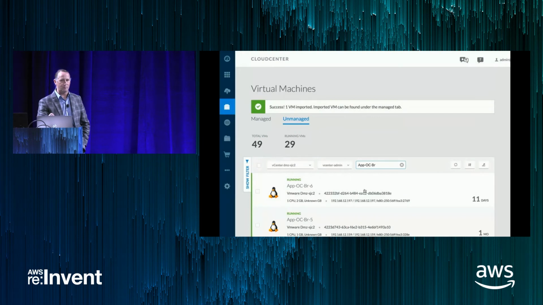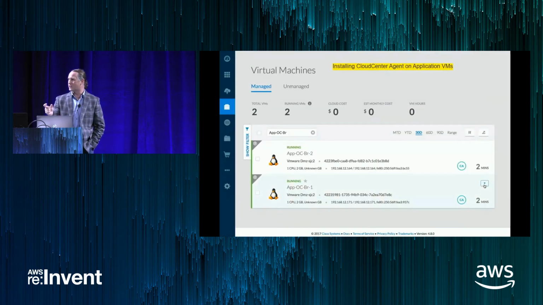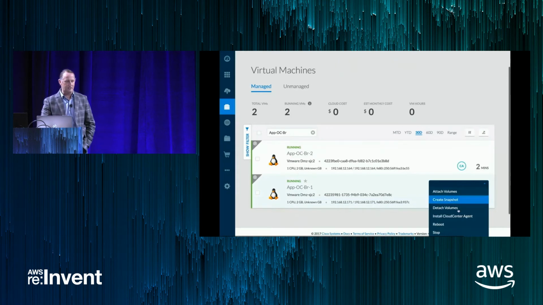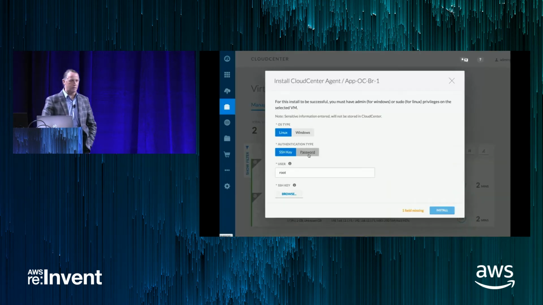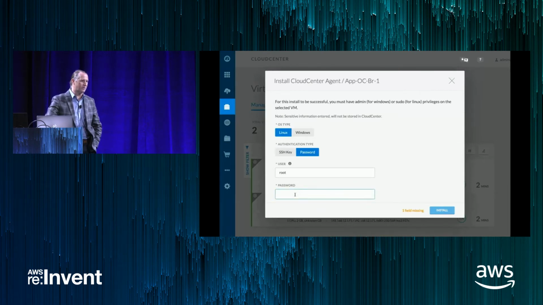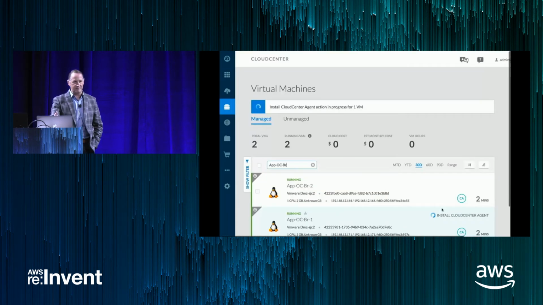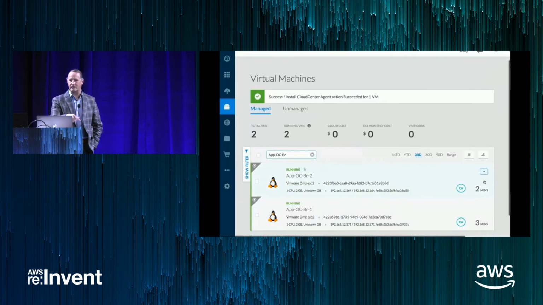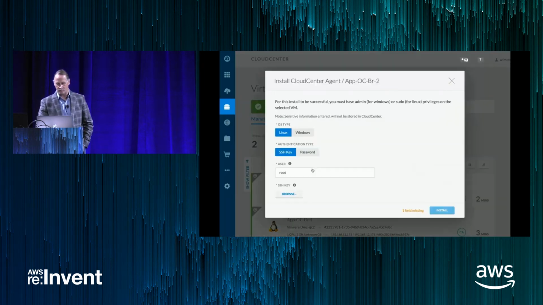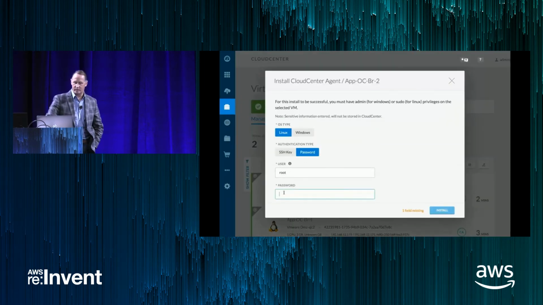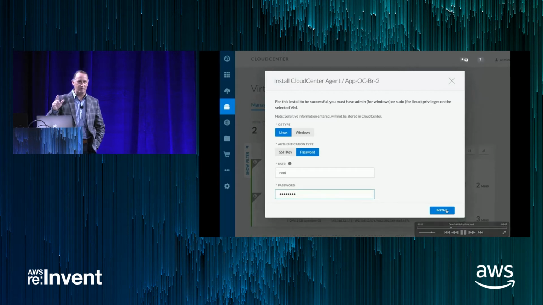I'm giving them scope. This user should be able to see this. So now the user could actually self-direct. So where I showed buttons earlier, this is where the user can actually now self-direct and do the rest of this on their own, or you can do it on their behalf. So we're installing a CloudCenter agent, which gives us the ability to execute things against it. You could provide user keys or user passwords here. So probably the same credentials we gave the discovery process are now the credentials we're using to set up the system. So we're doing the second virtual machine now because our topology map had 2 VMs, BR1 and BR2.